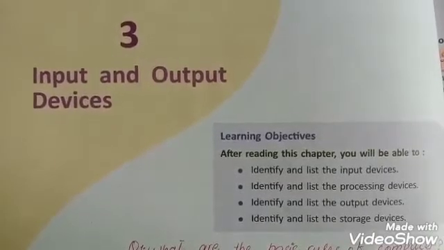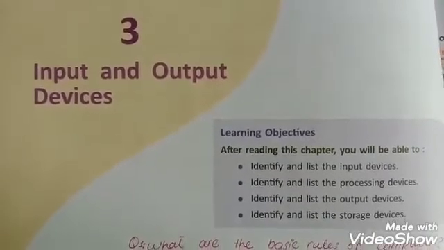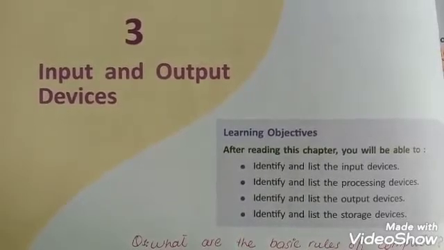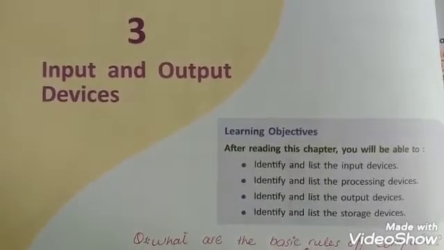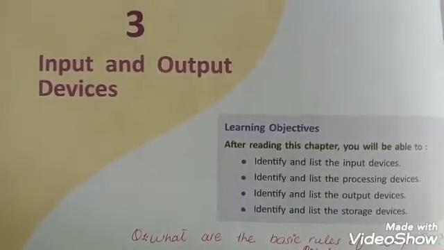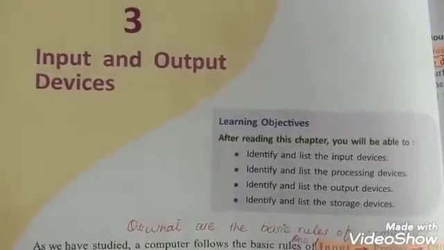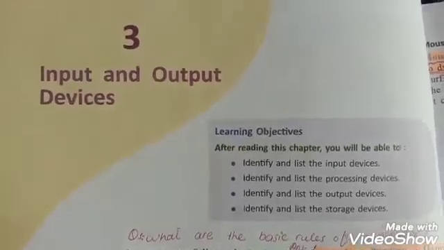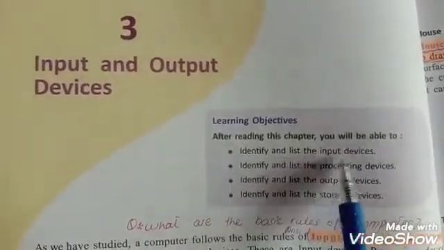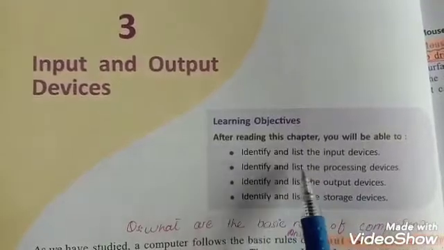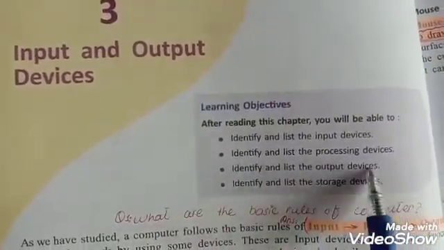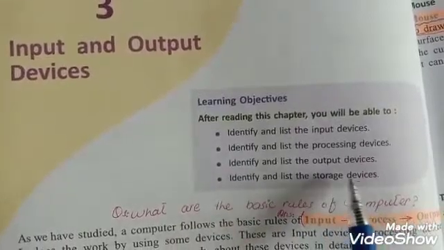Our third chapter is input and output devices. In this chapter we discuss different input devices and output devices and their uses in different fields. After reading this chapter, students will be able to identify and list the input devices, identify and list the processing devices, identify and list the output devices, identify and list the storage